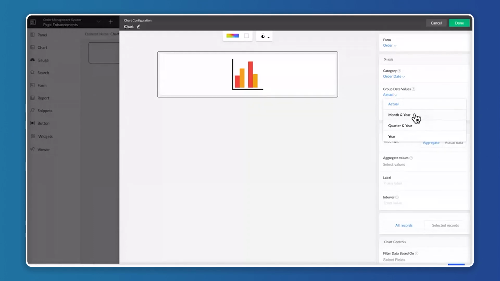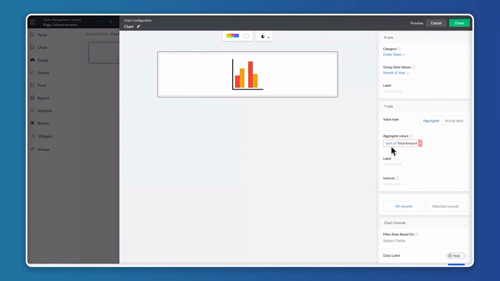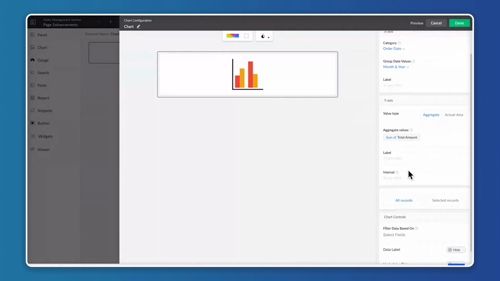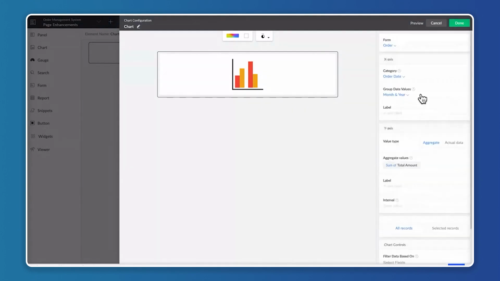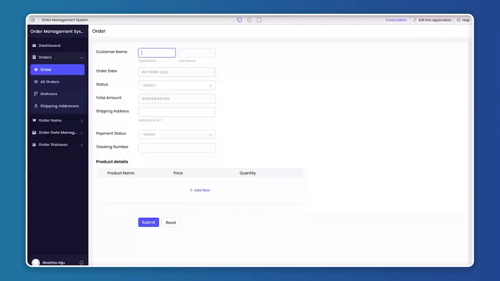I'll choose month and year, and if you want to give any label name to your x-axis, you can provide it here. In the y-axis, in the aggregate values, I'm going to choose the total amount as the sum. Once you have configured it, you can just click on done. And if I go to the live mode,